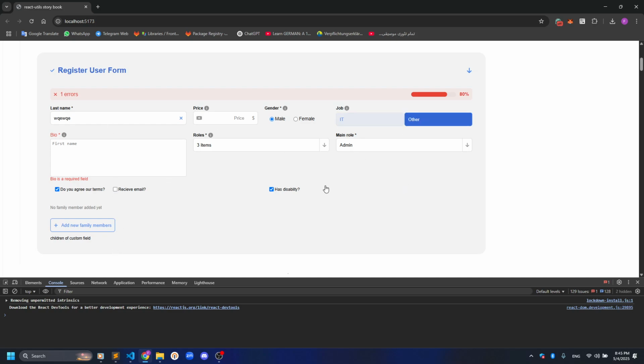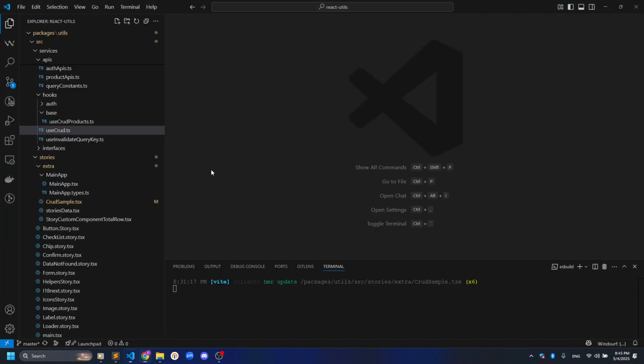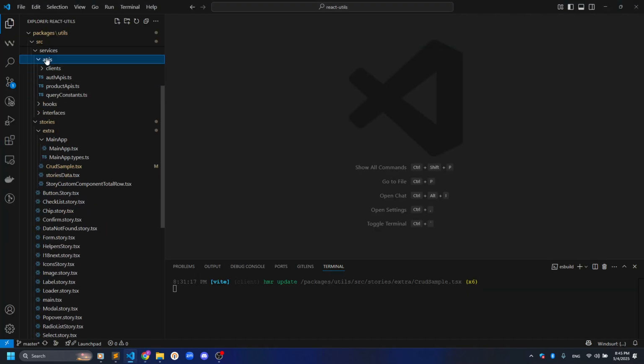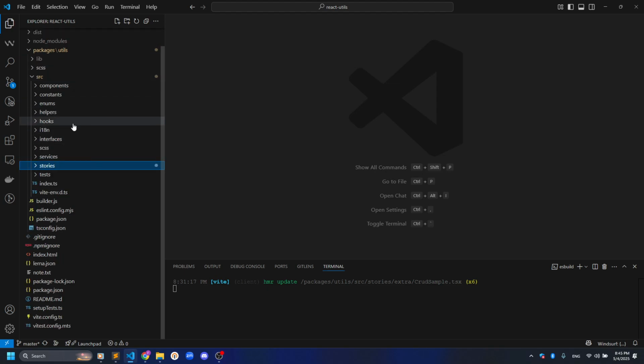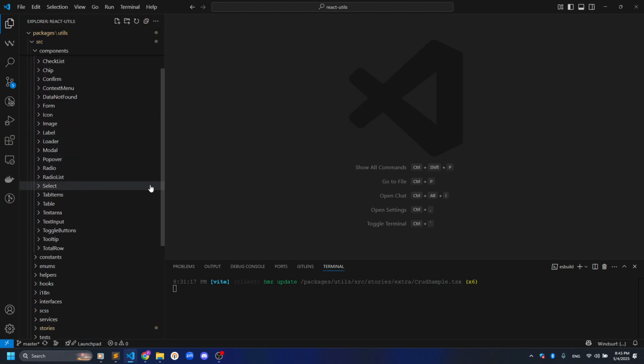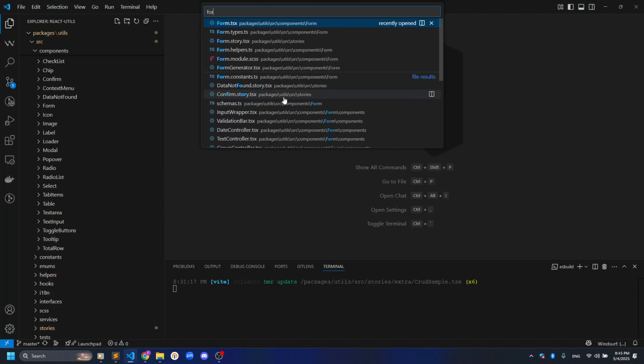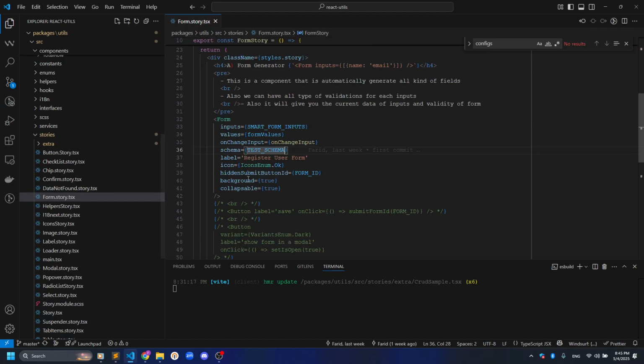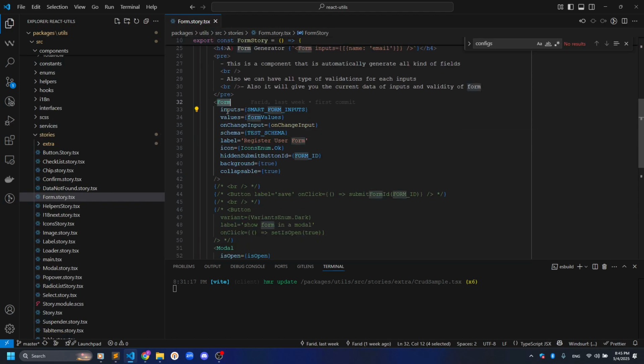So let's cut to the chase and find out how we can use this hook, and then let's take a deeper look at how this form is actually working. So let's check the form story here. So we have a form. Inside form we have